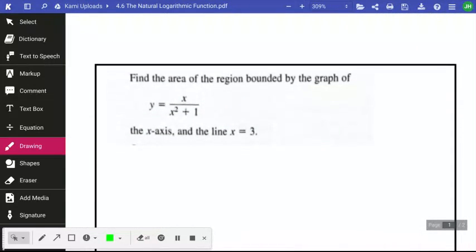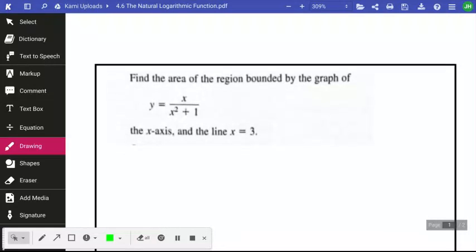Okay, so we're finding the area of a region. If you recall, when we do area under a curve, we did a bunch of tiny rectangles, and we would do the limit as delta x approaches infinity, which means we're getting infinitely many tiny rectangles, and we would add those all up. And we've talked about when we're adding things up or summing things up or accumulating values, it's talking about the antiderivative. The antiderivative does that for us. The antiderivative is the limit as we get infinitely many rectangles to fill in that perfect curve of whatever region